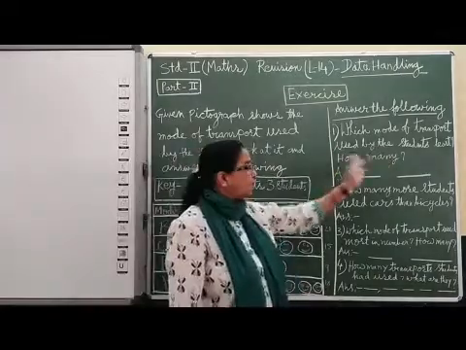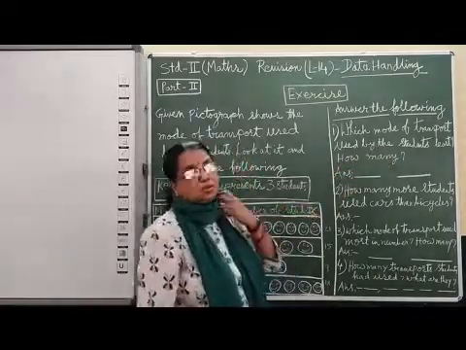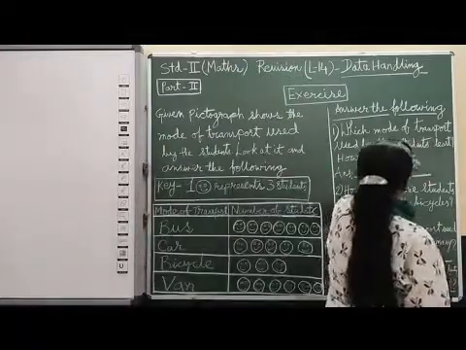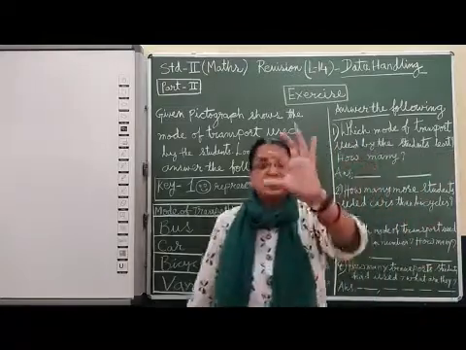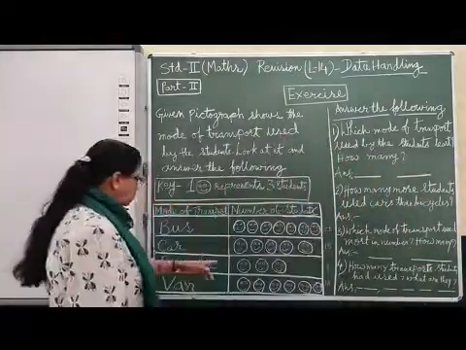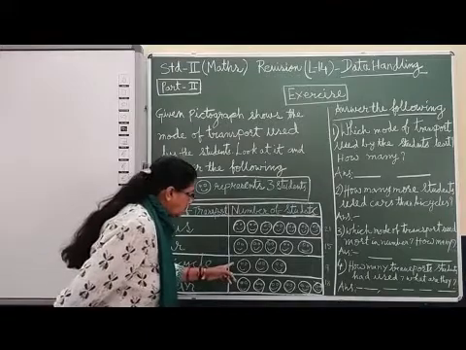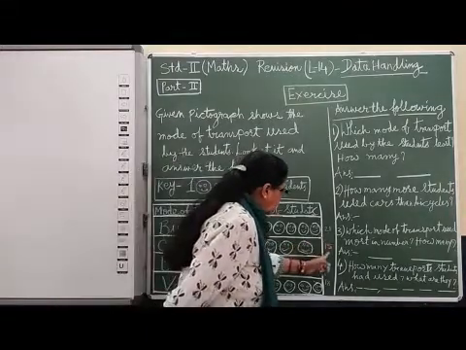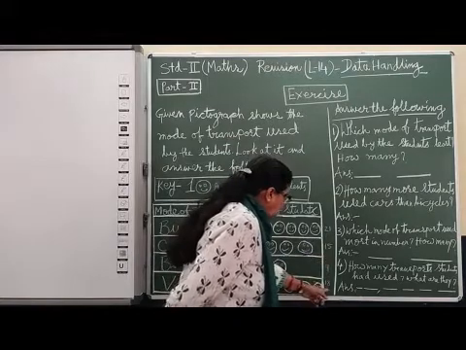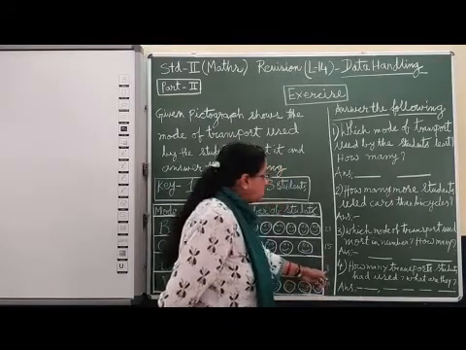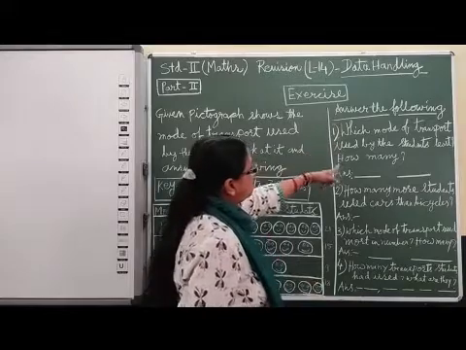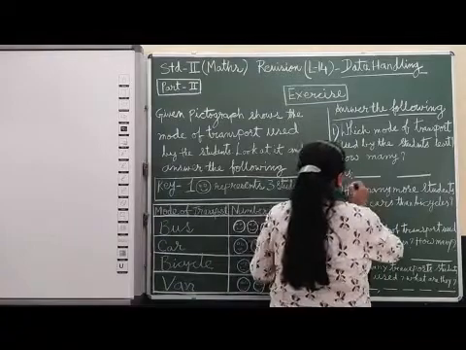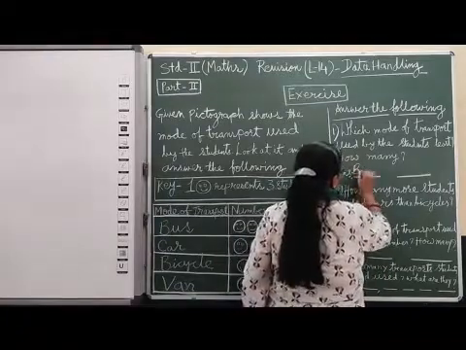Now the questions are given based on this pictogram. Which mode of transport is used by the fewest students? Least means less. Here we can see the smiley picture. This is the smallest number. You can see here this is 21, this is 15, this is 9, this is 18. So 9 is the smallest number. So the mode of transport used by the fewest students is bicycle. You write here bicycle.